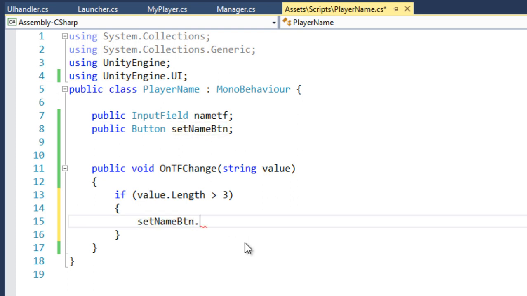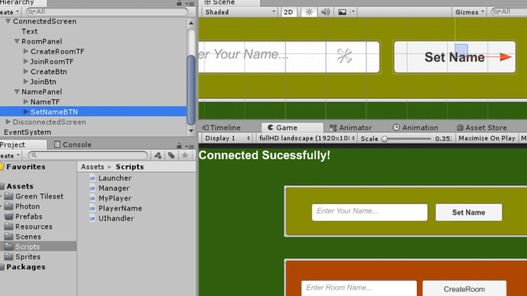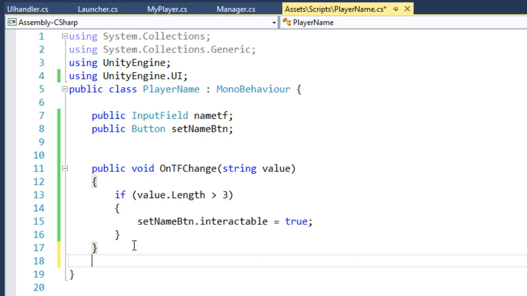So we can say setBtn.interactable is going to be true, because we don't want the user to press that button when the text field is empty. So by default, the interactable property on our button is going to be false. So the user can only press this button if he types three or more letters. If that is the case, then we are going to do that, and then we are going to have